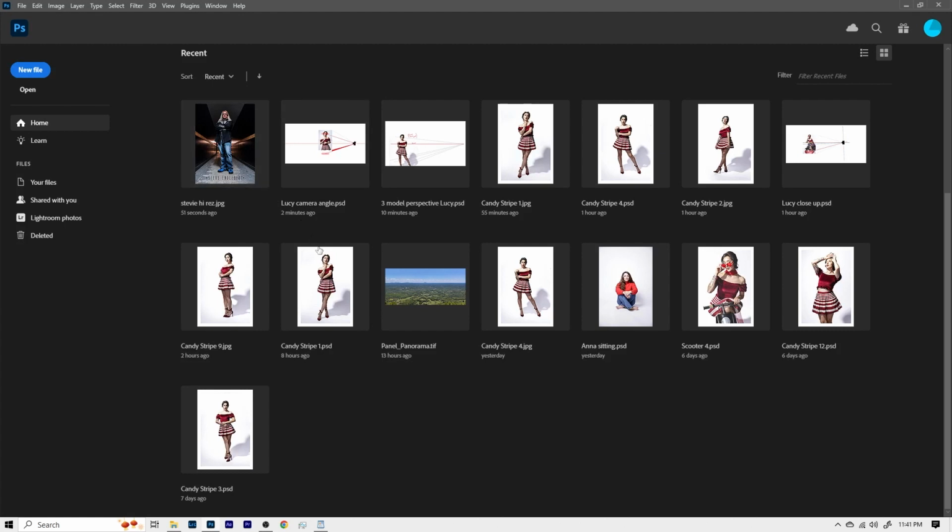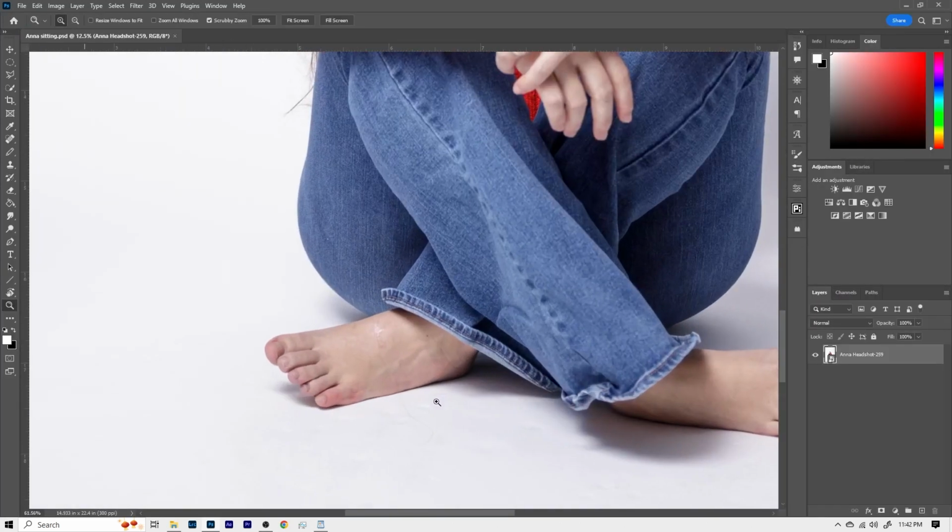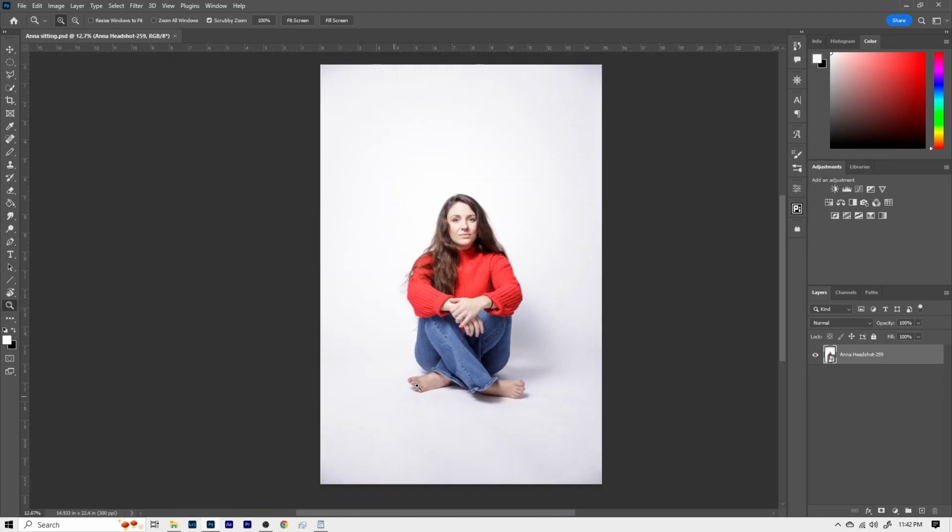But we could do this picture of Anna, and what I would do here is I would use her foot and then make me a circle, and her horizon is somewhere around in here. And when you do the math and expand the canvas and get her situated, it looks like that's where the horizon should be.